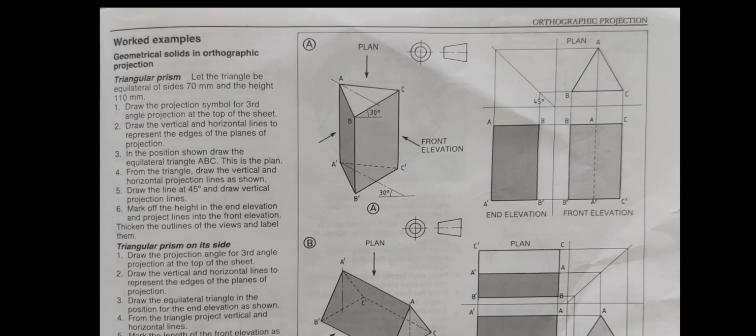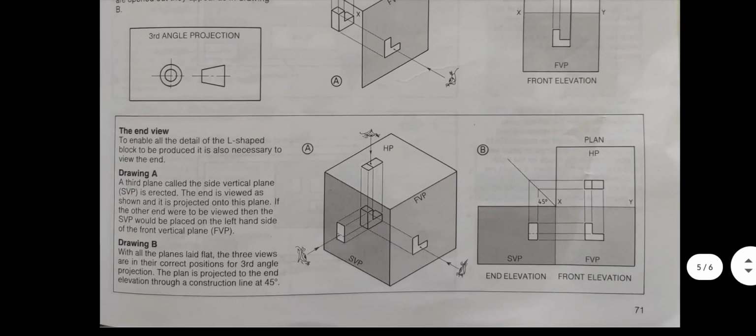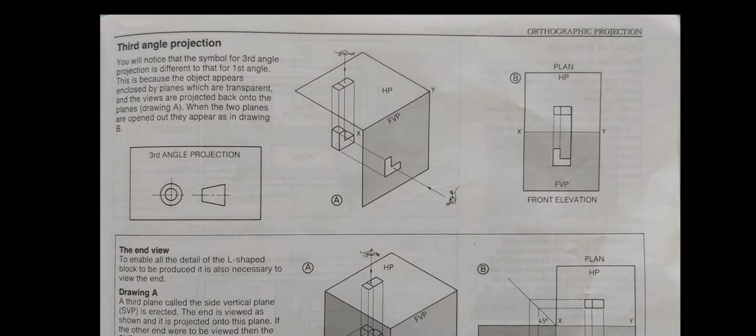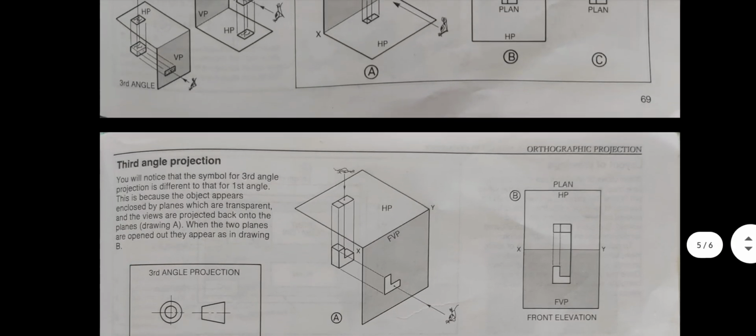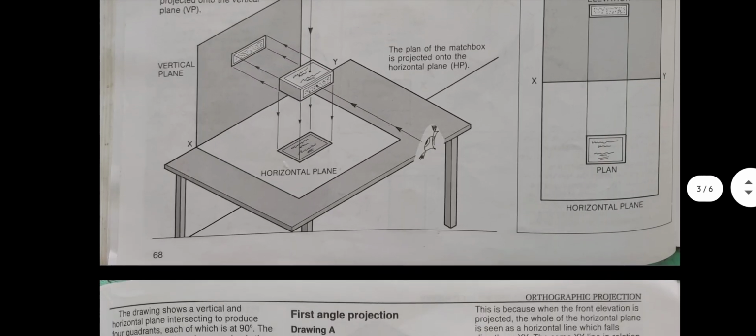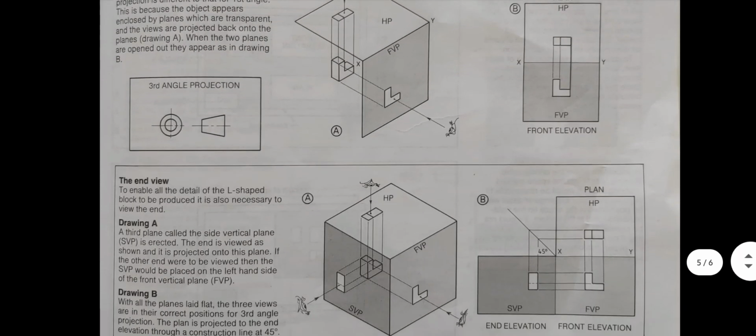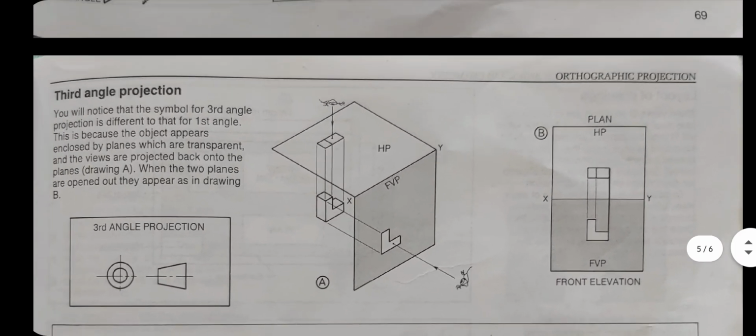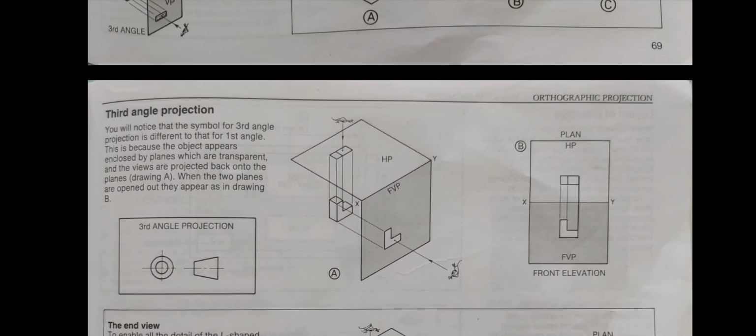Because if you look at the symbol there, both of the symbols are the same and both of them represent third angle projection. So if I go back to where third angle projection is, you can see at the left there, let me just circle it. You can see that that symbol there is for third angle projection, right? And if you want me to show you the symbol for first angle projection, let me just scroll back. Alright, they don't have the symbol here, but when we look at first angle projection, I will show you the